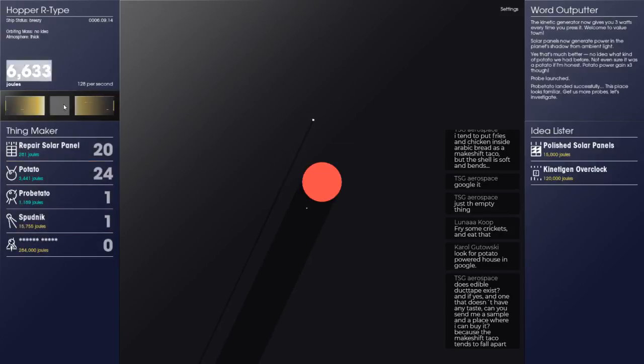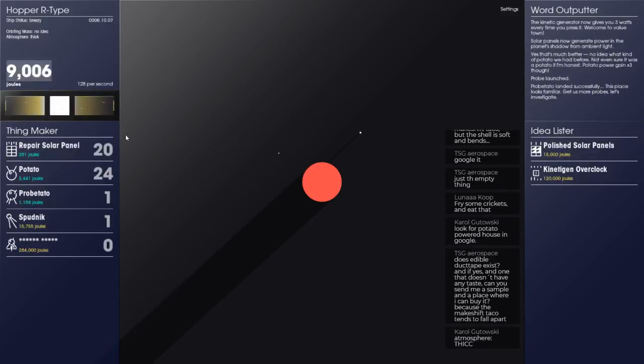Ooh, that's a lot of money right there. Is he gone? He's still got a 1 there. I'm kind of expecting him to disappear at some point, but he is kind of staying there right now, so that's pretty good. More potato, maybe. Atmosphere, yeah, I'm totally on board with you there, Carl. It's proper thick. Oh wow, those are monies right there.